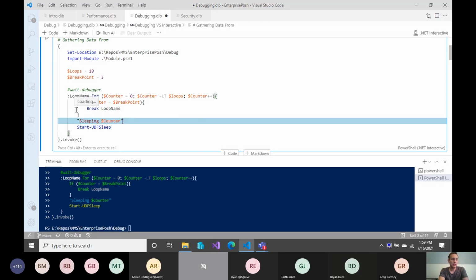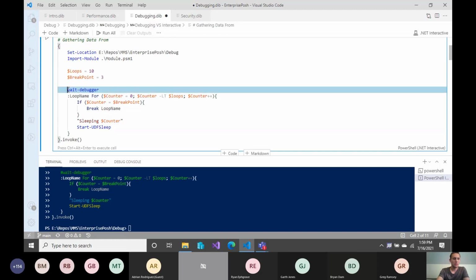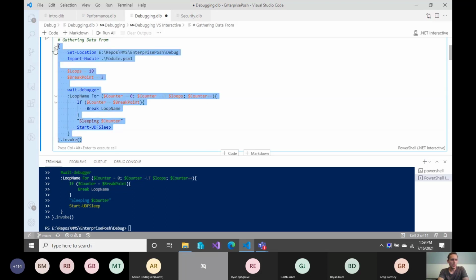So this might be an example where you're coding a little too fast and you don't quite see where your error is. And so you know it's somewhere in your loop. So we add the wait debugger. And the wait